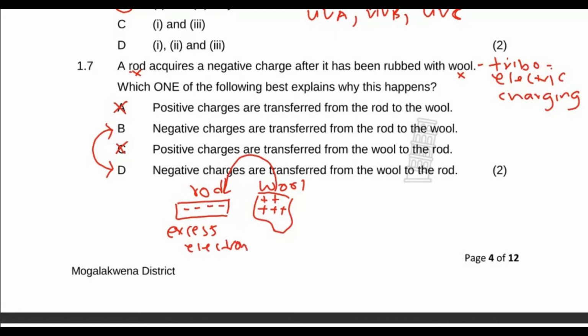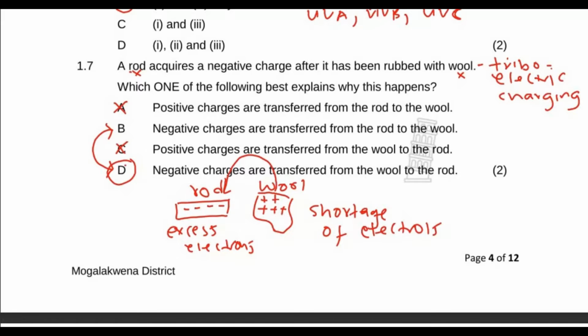There's now an excess of negative charge, and this one, because it transferred its electrons, will have a shortage of electrons, a deficiency. Sometimes that's what they say, deficiency of electrons. So that's why it is now positive. It has more protons than electrons. So this means that the correct option here is